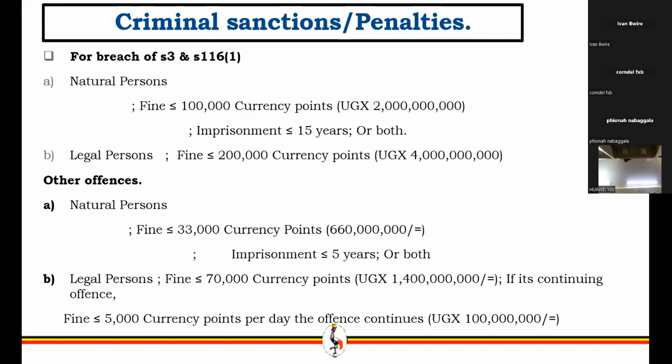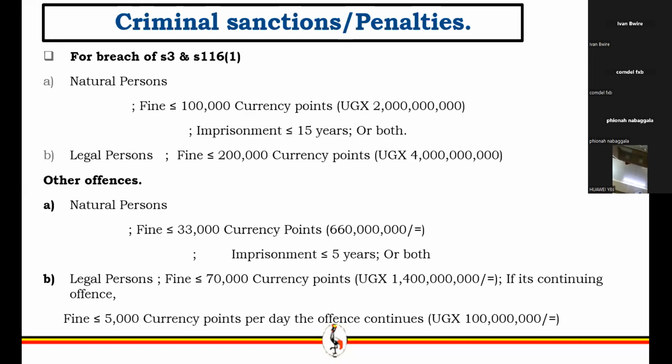For criminal sanctions, this is in the event that one has been successfully prosecuted for having committed the crime of money laundering and other offenses. By other offenses, we mean the failure to comply with the legal requirements as regards the obligations that we have been discussing. For example, failure to submit a risk assessment report, failure to file an LCTR, suspicious transaction report, or SCR, failure to submit a product risk assessment, failure to register, failure to put in place internal controls, failure to monitor transactions. So that's what we mean by other offenses.